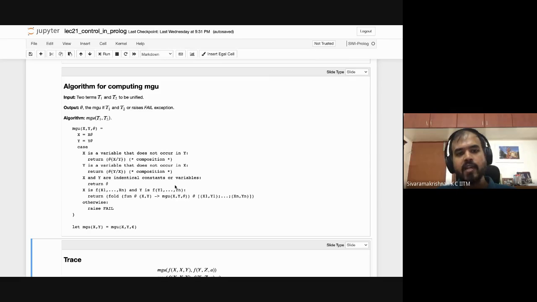If x and y are identical constants or variables, you just return theta. So there is no new information that is produced, so you just return theta. If x is a compound term, f(x1 to xn), and y is a compound term, f(y1 to yn), if these two x's are different,